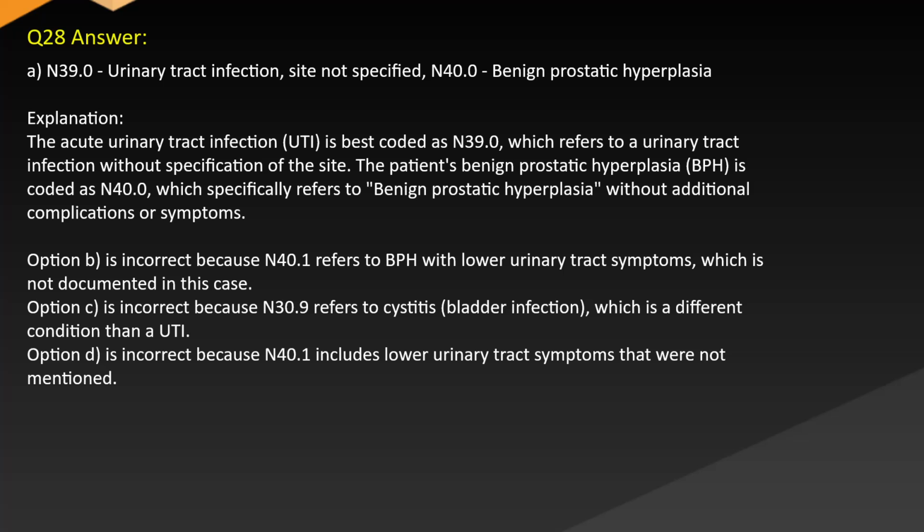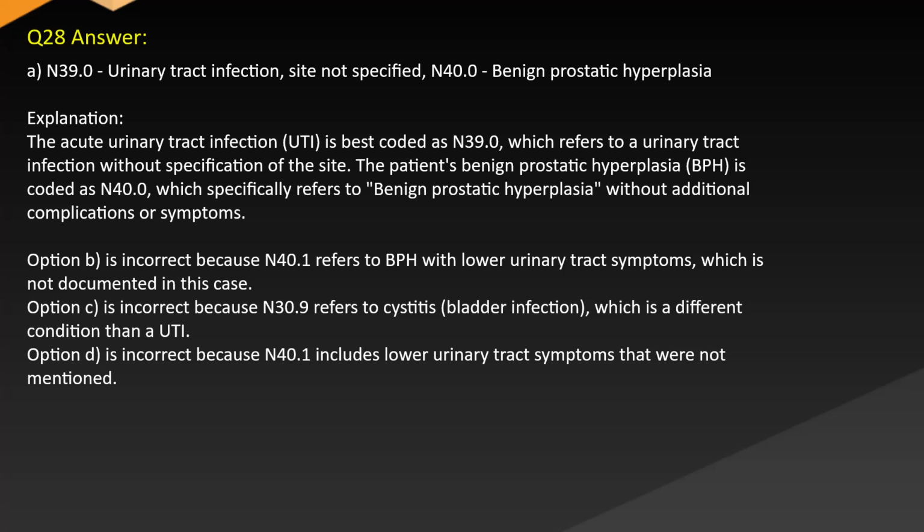Answer A. N39.0, urinary tract infection, site not specified, and N40.0, benign prostatic hyperplasia. Explanation: the acute urinary tract infection, UTI, is best coded as N39.0, which refers to a urinary tract infection without specification of the site. The patient's benign prostatic hyperplasia, BPH, is coded as N40.0, which specifically refers to BPH without additional